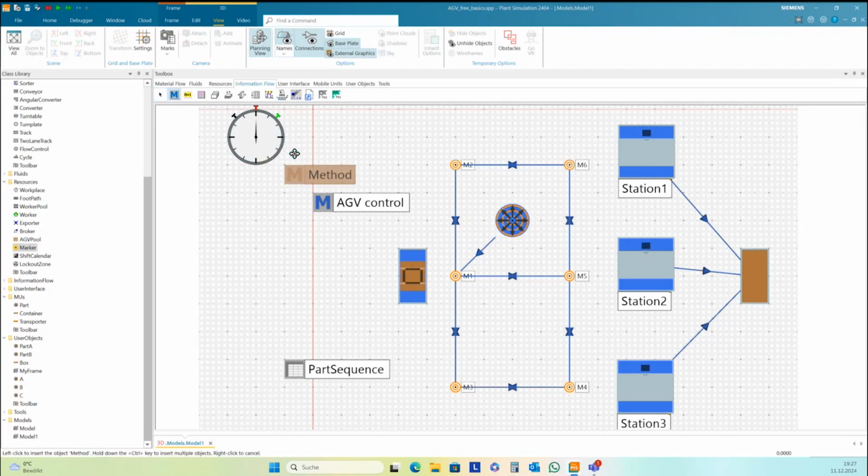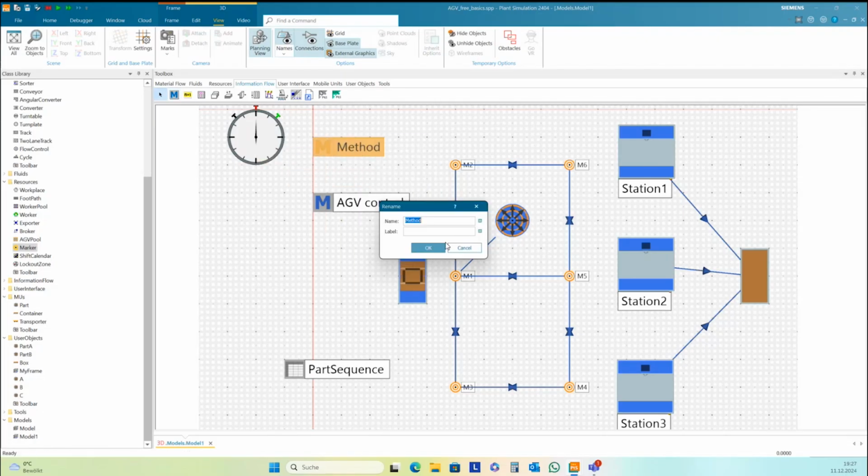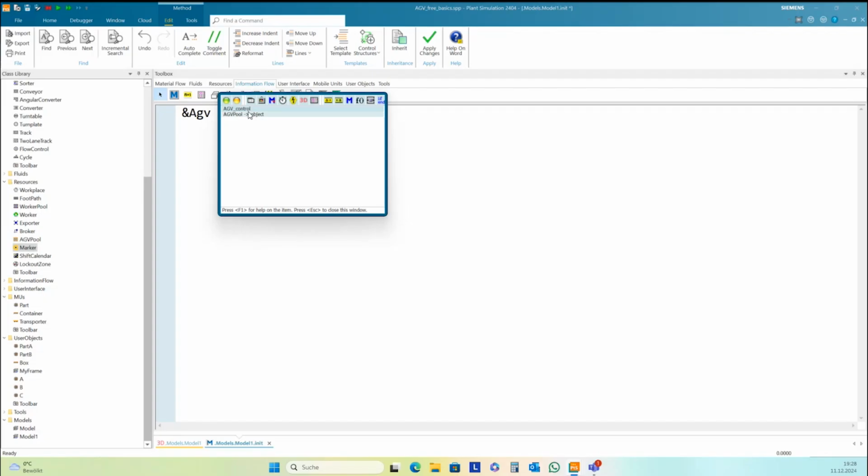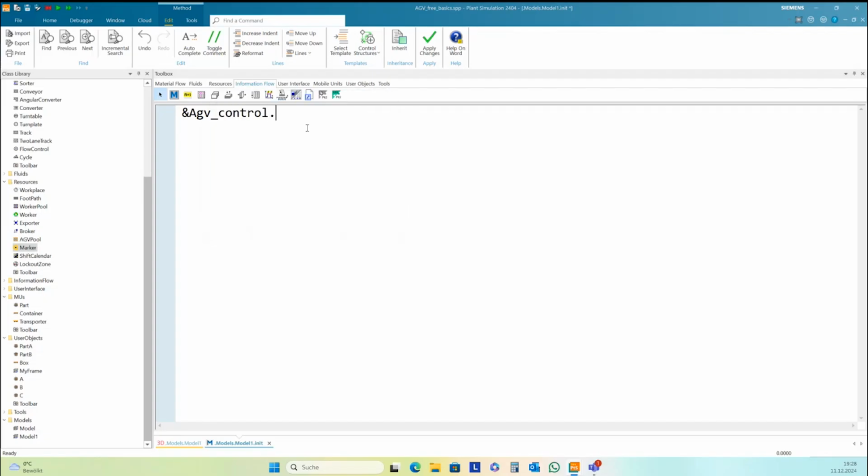And I want to have one init method to call this method for the first time. It's the same like in the previous example. HEV control execute new call chain.